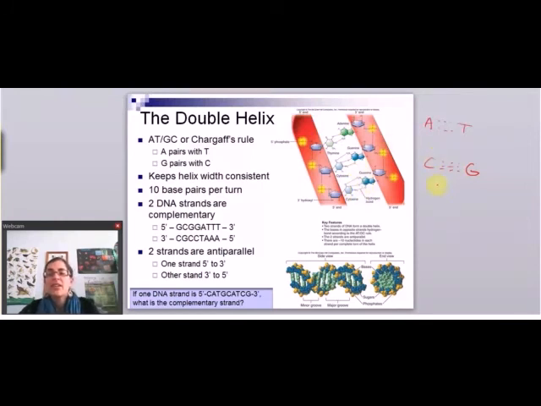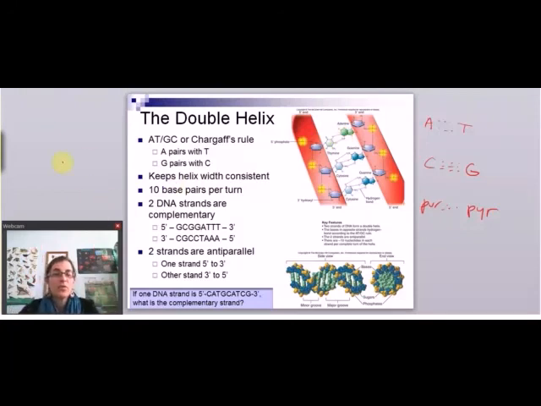So A to T and G to C is important to the double helix because that's always keeping the width consistent. So remember that the purines are the double ringed bases. So there's adenine, there's guanine. They always have the double rings, whereas the pyrimidines always have single rings. So as long as you have a purine to a pyrimidine, so base pairing is always purine to pyrimidine, then you're always having 1, 2, 3 rings across. So the A to T or G to C is always 3 rings across. And so if you imagine touching the double helix, it would always be the same width.